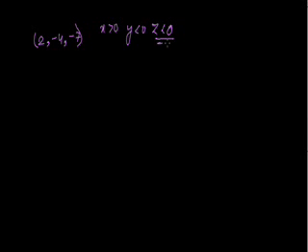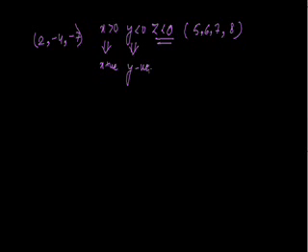The point given is (2, -4, -7). So x is greater than 0, y is less than 0, and z is also less than 0. As we can see, z is less than 0, so it will be either 5, 6, 7, or 8. According to the sign, x is positive and y is negative, so it will lie in the 8th octant.